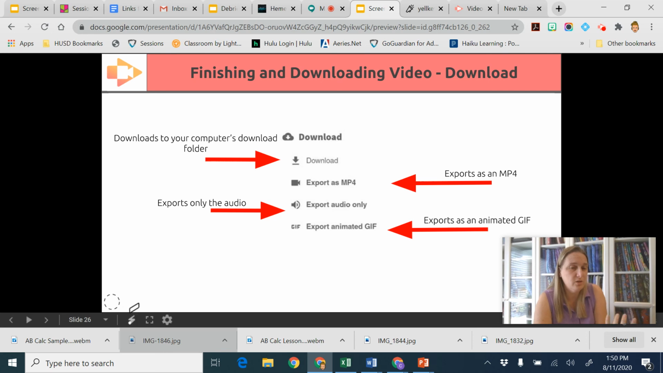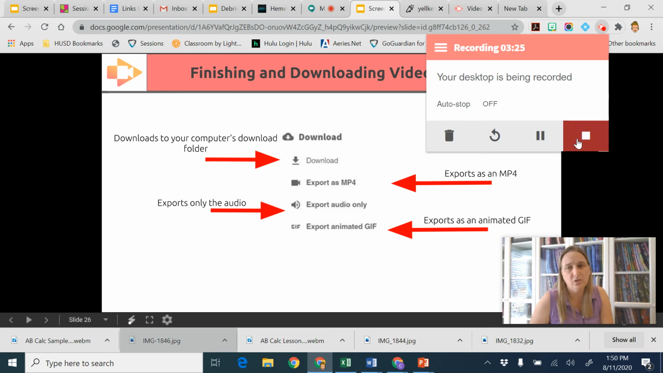And then if you want to hide the tools, you can just hit the X and that will hide the tools. So I'm going to end this recording. I'm going to show you some of the saving features and where this thing